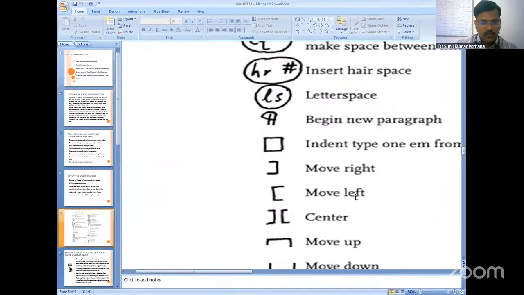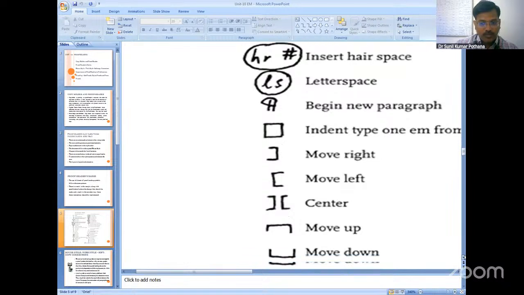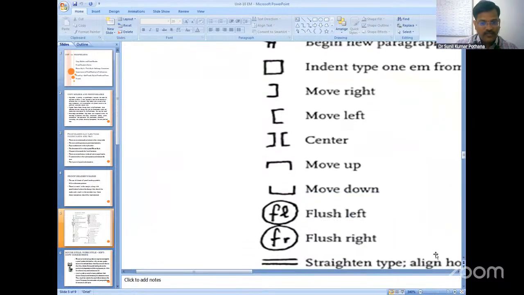Move right, move left, center, move up, move down, flush left, flush right,